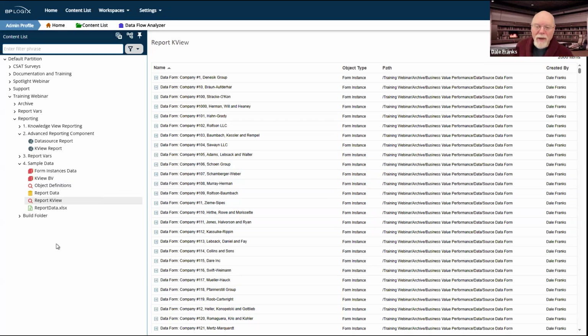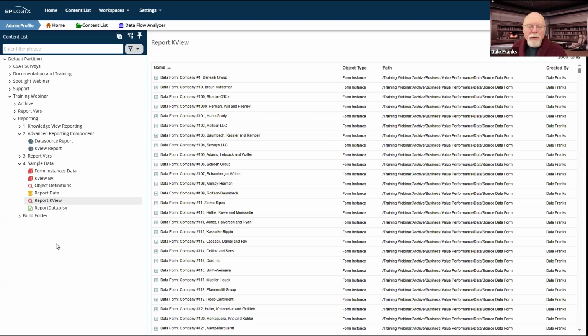And so the advanced reporting component technically could be a reporting system that you build for non-Process Director data, which is something you could never do with a knowledge view.